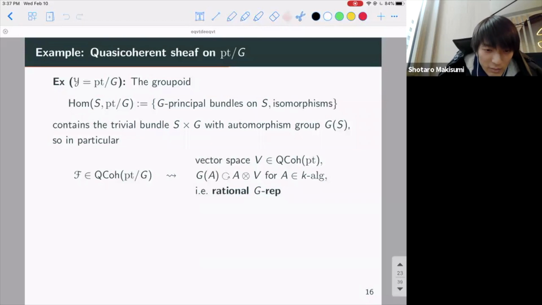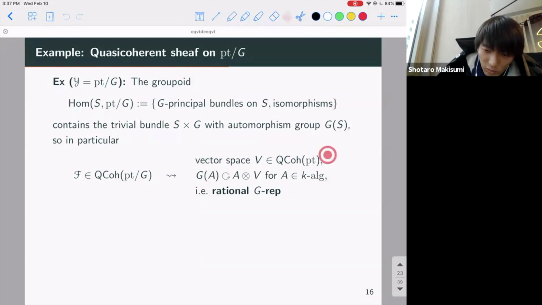So again, in this example, the definition of point mod G is that the S points are G principal bundles on S. In particular, this groupoid contains the trivial bundle, whose automorphism group is just the S points of my group. So that means, as a part of the data of a quasi-coherent sheaf on point mod G,